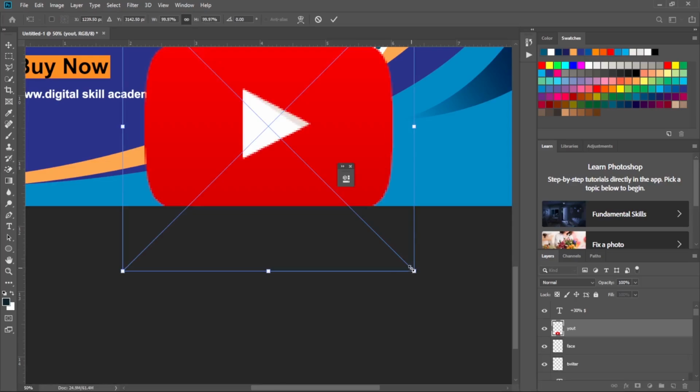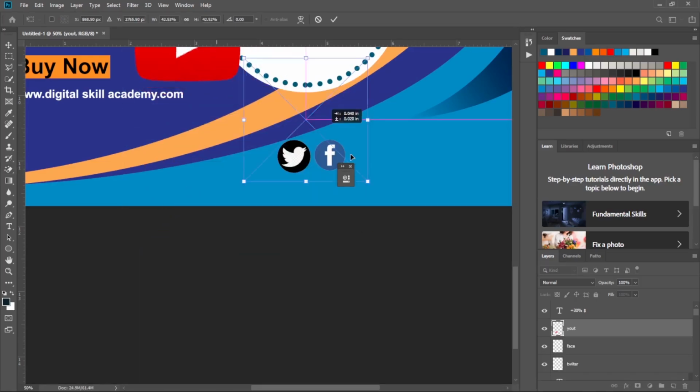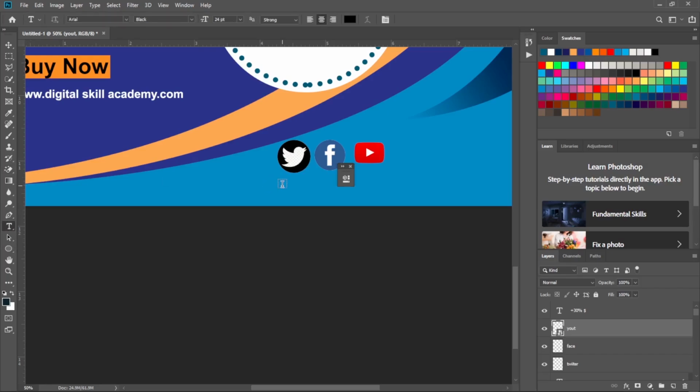It has no background. Then let us put text on it. Then the texts are going to be